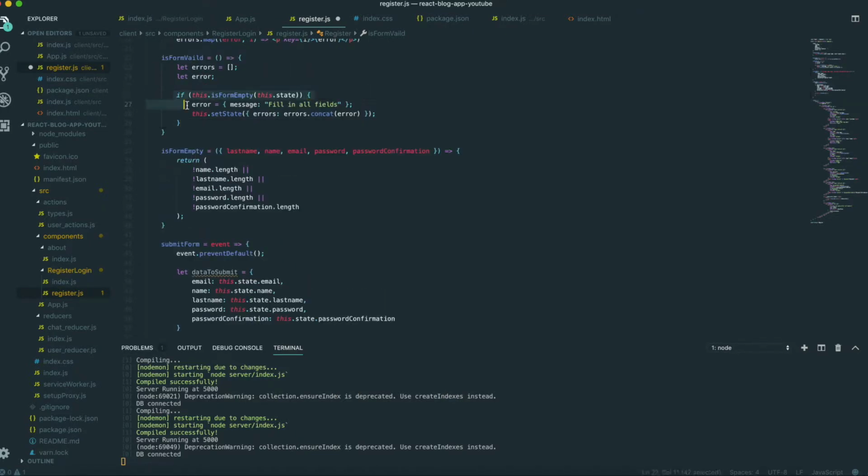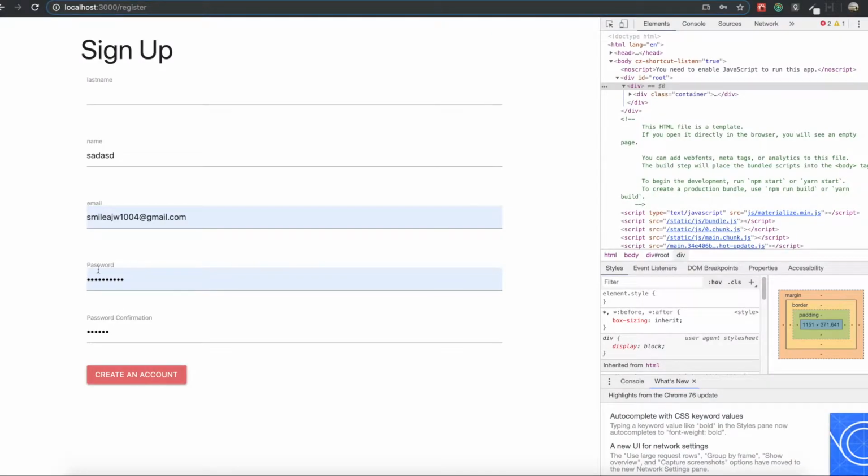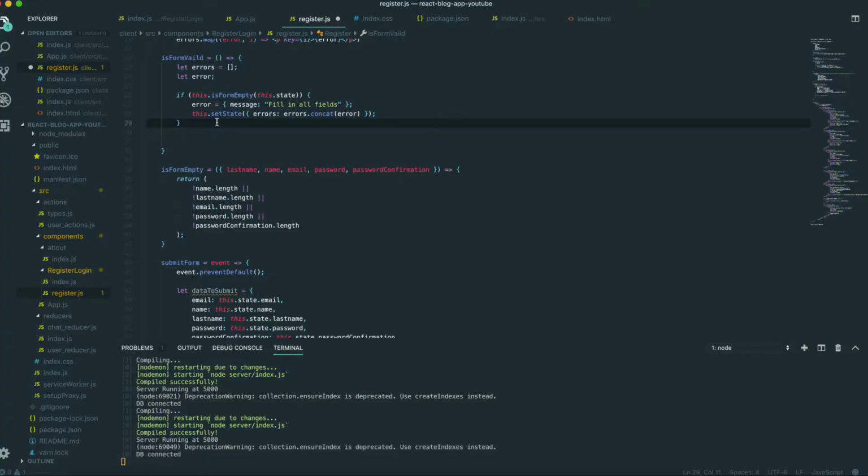And we need to keep checking the validation. So first we check for the empty state, and then we also need to check the password and password confirmation are same or not. So else if this is password valid and this state